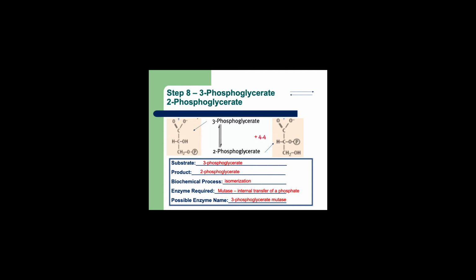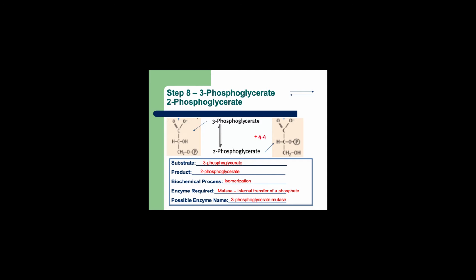Hi everyone, this short video is going to cover the last 3 steps of glycolysis to finish off our chapter on glycolysis. This is step 8, where we see a conversion of 3-phosphoglycerate to 2-phosphoglycerate. And what's happening here, if we look at the configuration on the left for 3-phosphoglycerate, we see